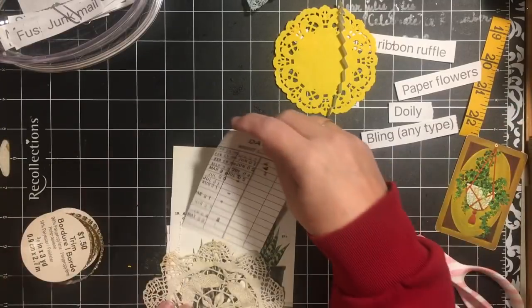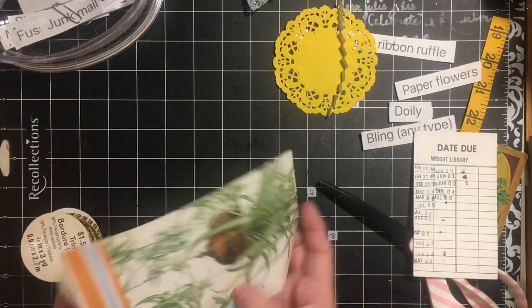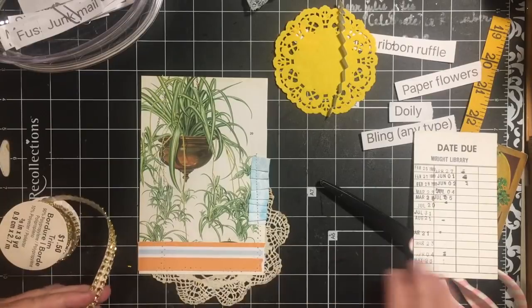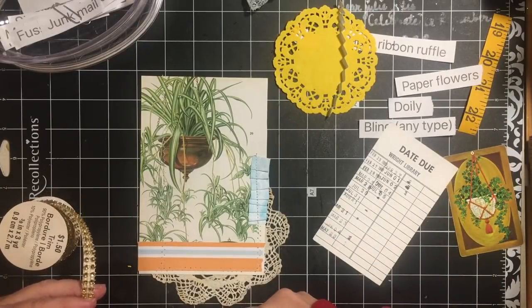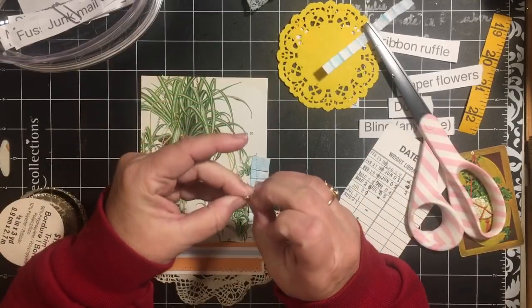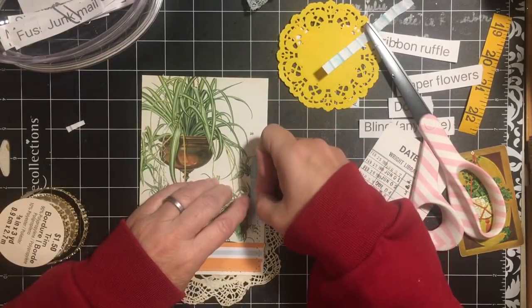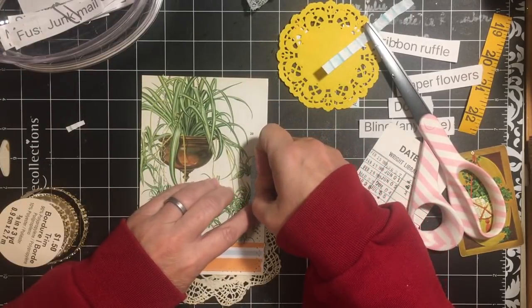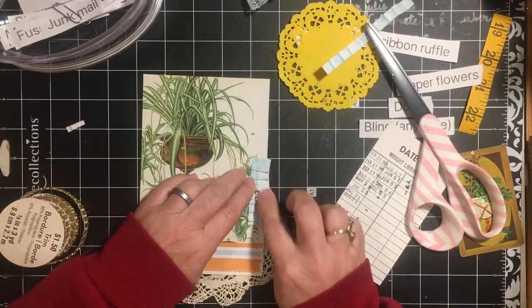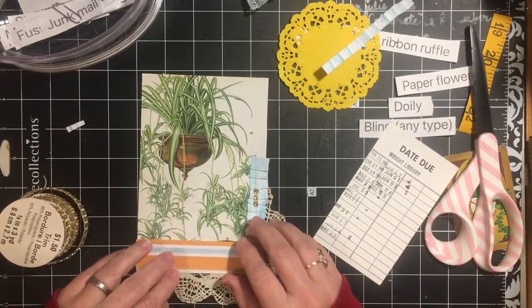Now, did this end up being, oh good, because I was like, oh, okay, I can probably use that. Okay, so we're going to do a whole page of ideas. Now, for me, when I use bling, this is how I usually use it, is the dot, dot, dot, and then some. I'm going to put it down here close to where you see all the pieces. You got the doily, the paper ribbon, and the dot, dot, dot. And then one more thing is